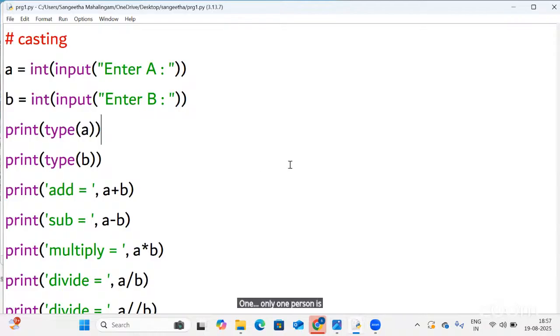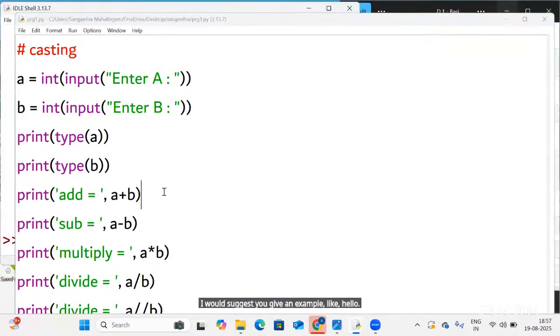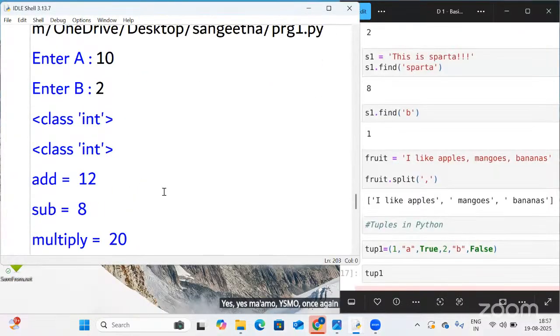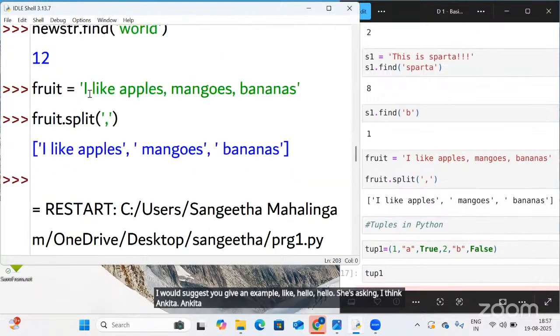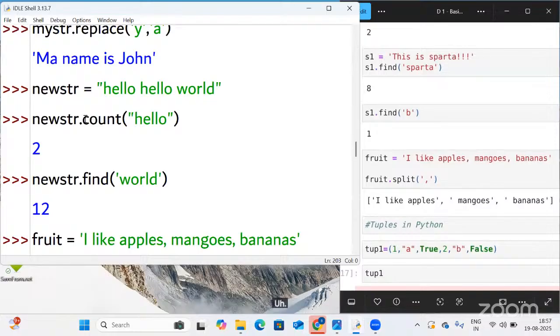Only one question is there. How to check the letter number in strings? You gave an example like hello world once.